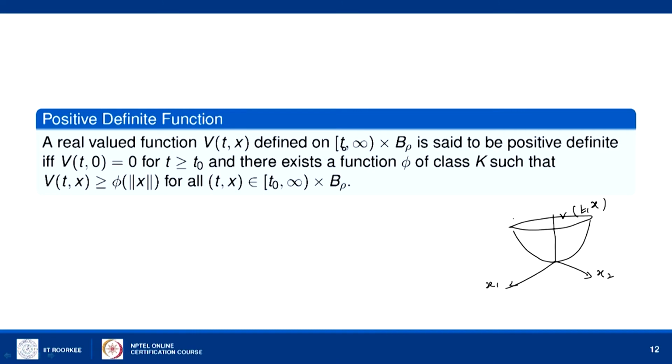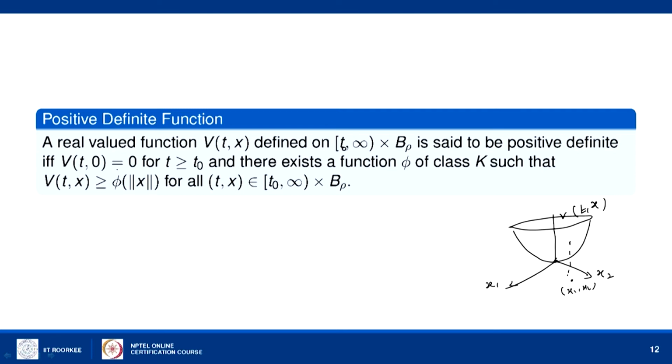If v is a positive definite function, it will be 0 at the point 0 0, and for any x1 x2, the value of the function v is a positive value. So, we will get a surface. Now, if you change the value of t, then we will get another surface. So, in the case of time invariant system, we got v as a single surface, but here the surface keeps on changing as t changes. So, it is not only one surface, a continuous change of surfaces we will get.